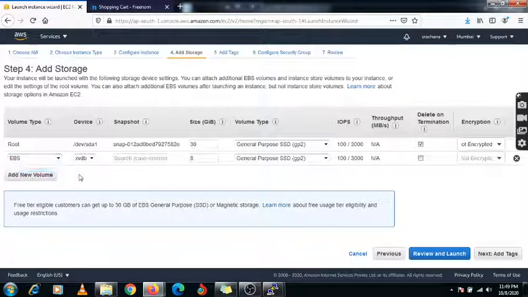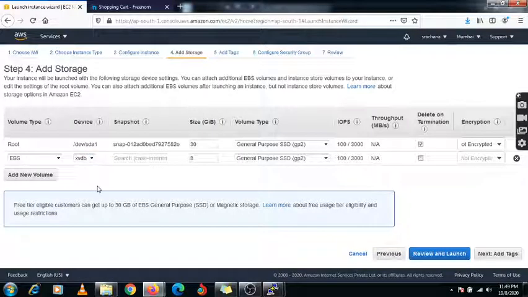This EBS, the elastic block storage, has a total of 7 types, as I have told you. 4 are bootable disks and 2 are non-bootable. Under this EBS you will get the device name. Here the device name is changed, it is in the format of xvdb.